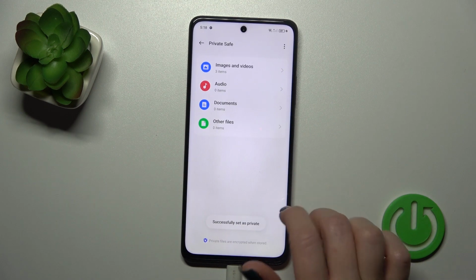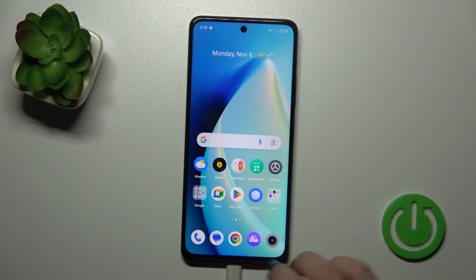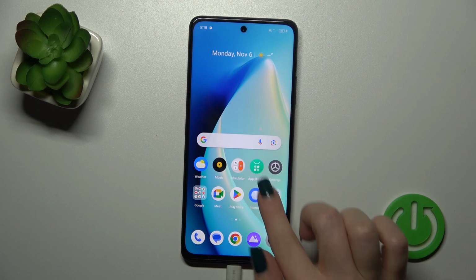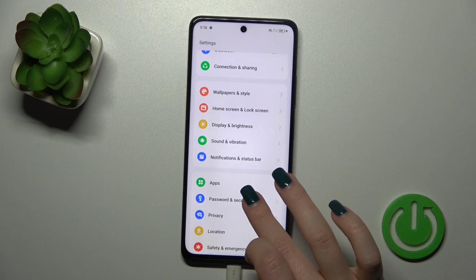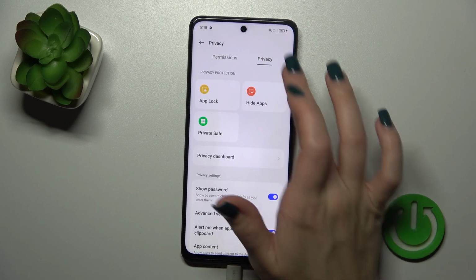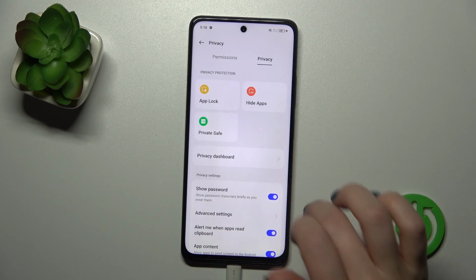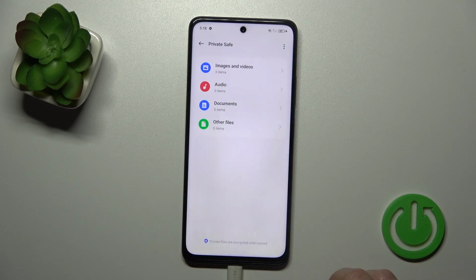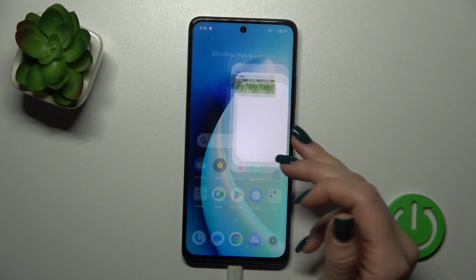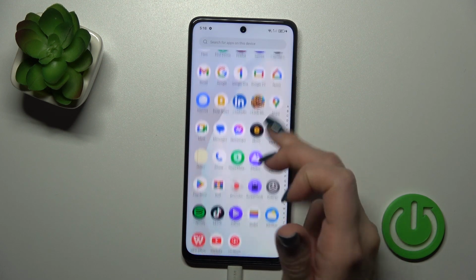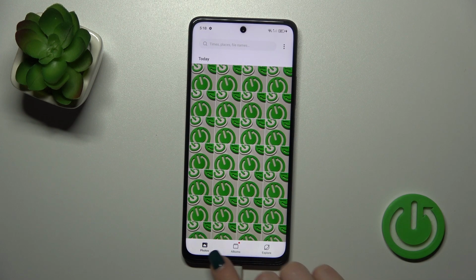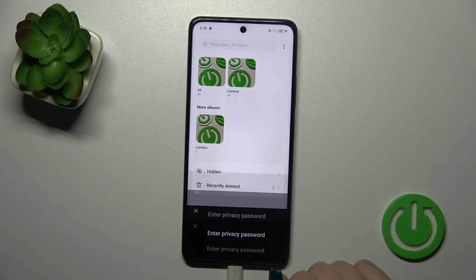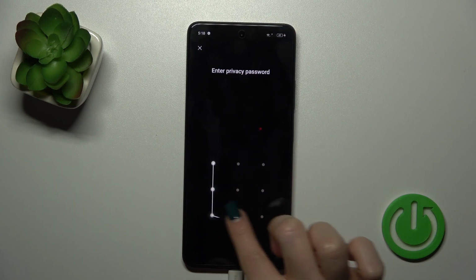So now just to find these just hidden photos, we could open the settings, privacy, and click here to privacy section, tap to private save, enter your password and find them here. Also you could just open your photos, switch photos to albums and tap to hide and enter your privacy password,